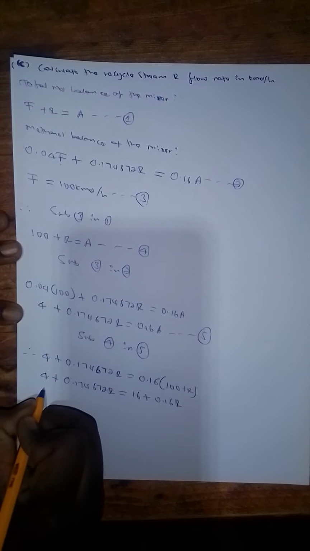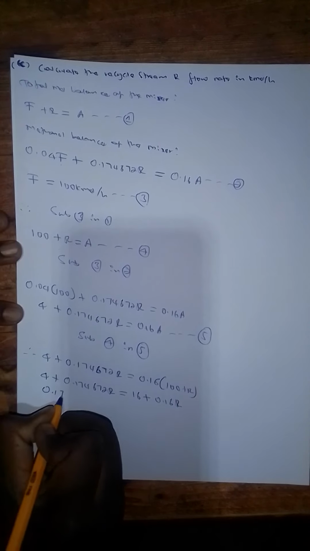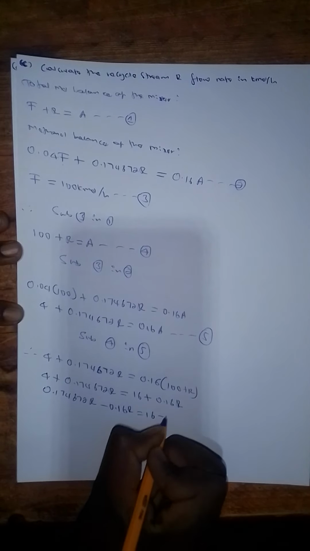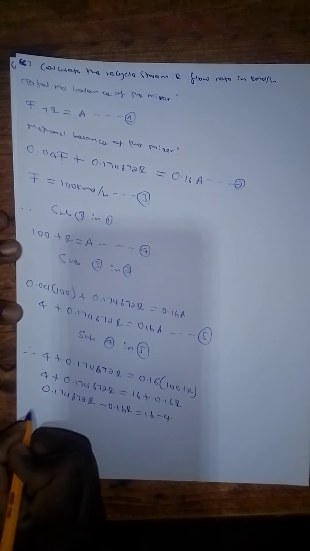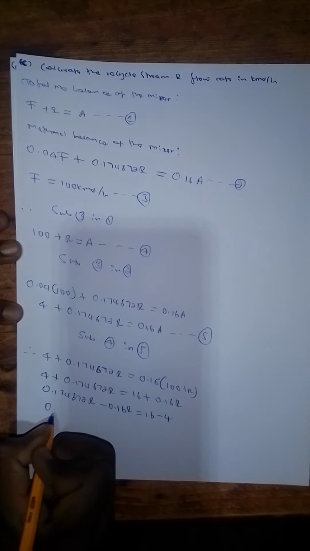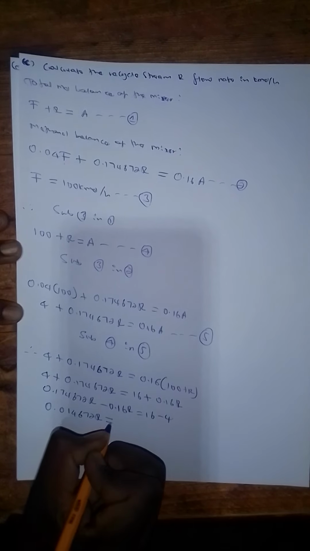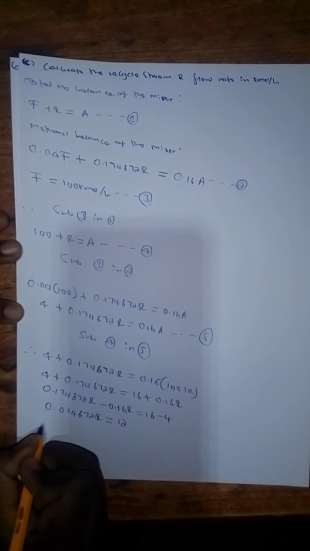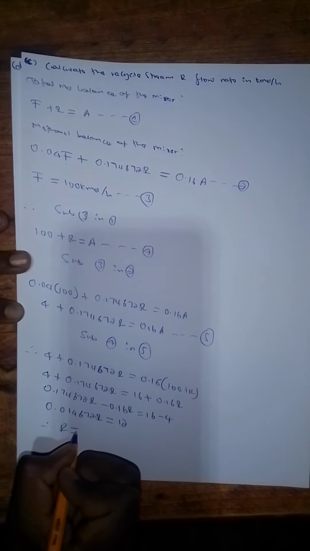We are left with 0.174672 R minus 0.16 R is equal to 16 minus 4. With that, you have 0.014672 R is equal to 12. Therefore, R is equal to